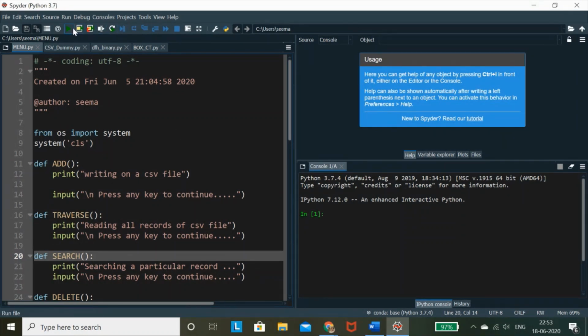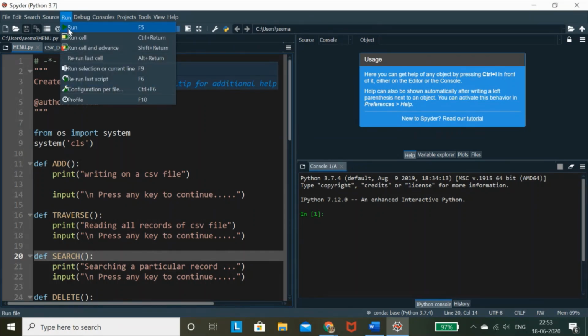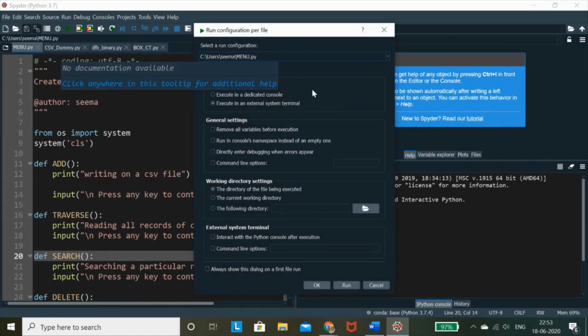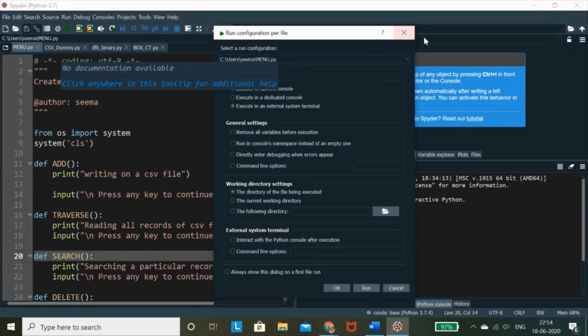As I have already told you in my previous videos that we can change the execution of our code according to our choice. Go to configuration per file, and we have an option over here where you can see that user can run the code either in the console or in the dedicated console or some external terminal. So I will be using this external system terminal so that my this CLS command becomes effective.